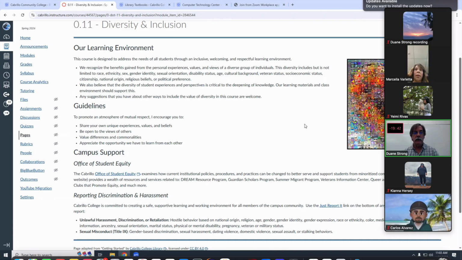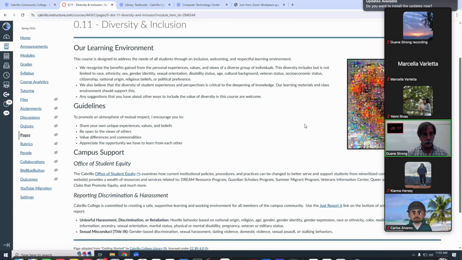Okay, these are all things that I am required to tell you. So diversity, inclusion. We all have to get training in this, and all of my materials have been made with this in mind. But if you have any suggestions, like the whole thing about the textbook reading from the library can't be read from the auto reader on the computer. I didn't know about that until a student brought it to my attention, right? So if you have suggestions about things that I could improve in terms of diversity and inclusion, please let me know.